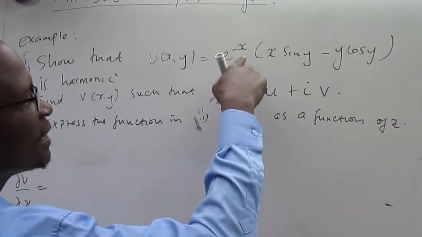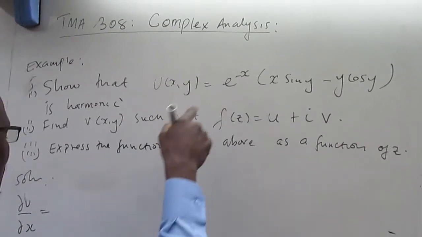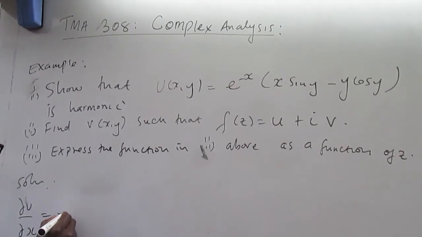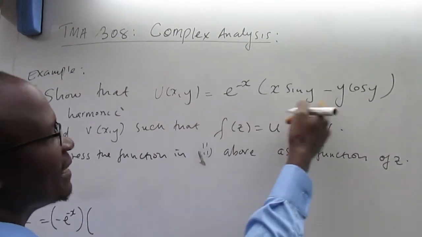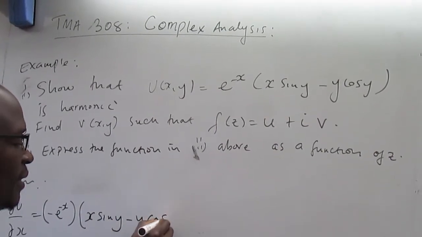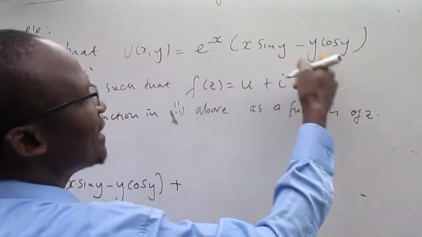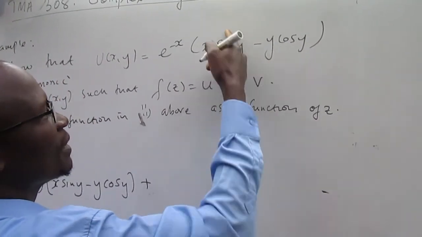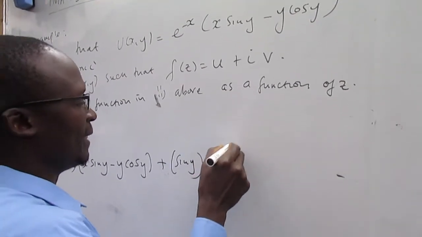is obtained by just differentiating this function with respect to x. So we'll apply the product rule since this is a product of two functions and both parts of the function have the variable x. If I take this to be my first function and differentiate it, I'll get negative e to the negative x, then I multiply by this entire function, that is x sine y minus y cosine y. Then in the next part I differentiate the second part with respect to x,